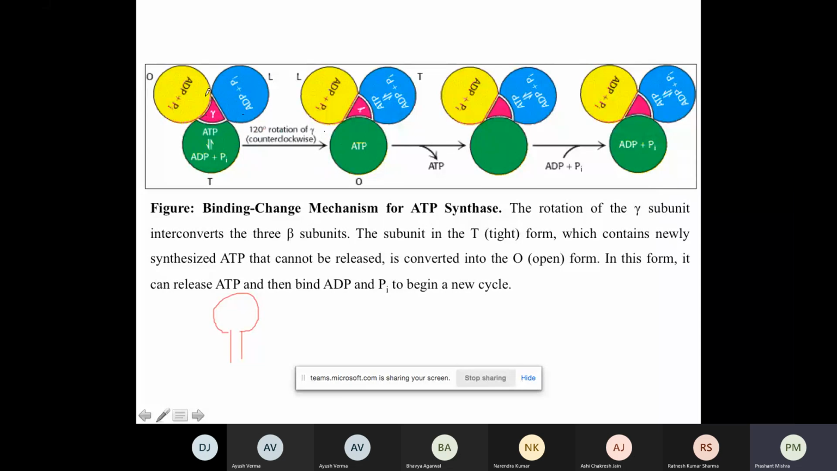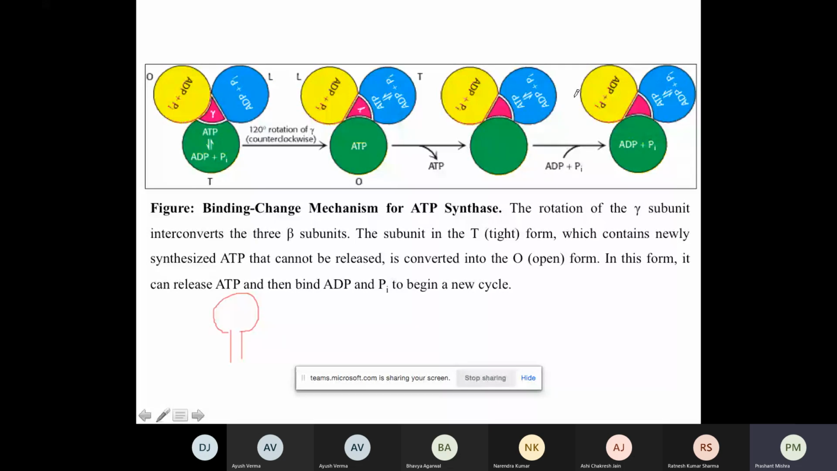On the other hand, the open form, the open subunit, is the one where ADP and Pi can join, and once they join, the process of changing the structure of the protein happens. During this process it will be converted from open to loose to the tight form, and during this form conversion,